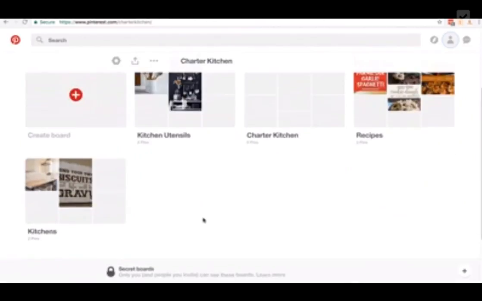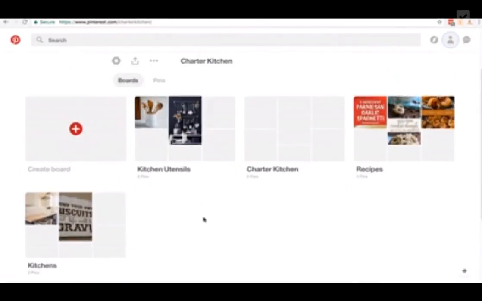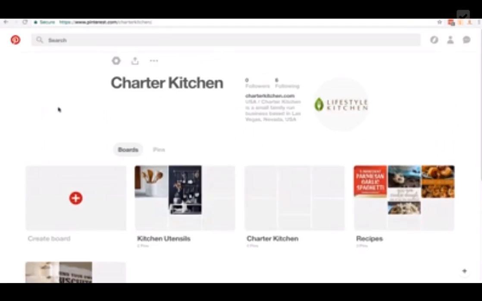And you just want to keep on doing this. Add 1 or 2 every day to each board. You can add more boards. They don't have to be all related, but that's pretty much how you set up your Pinterest account and start adding content. So I'm all happy with my account. I've set my account up, I've edited the profile page, and I've started adding